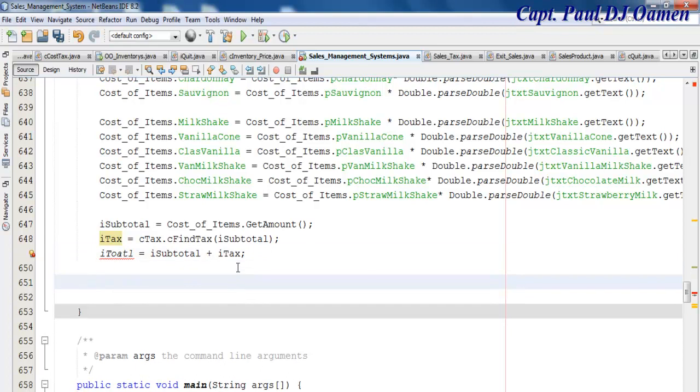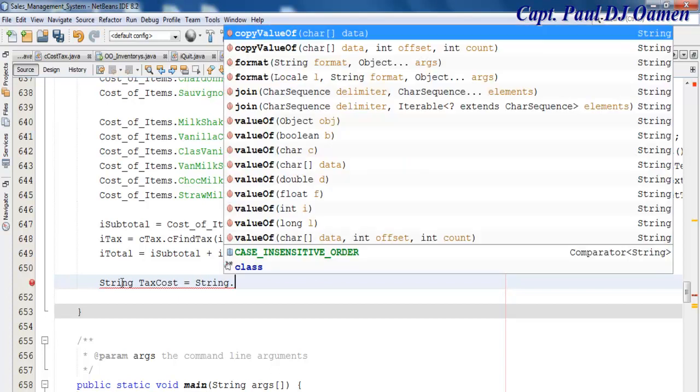Now that we've done all that, all we then need to do is to declare a variable. Let's call that tax cost equals string dot format,